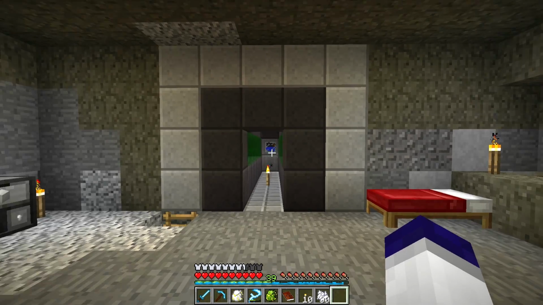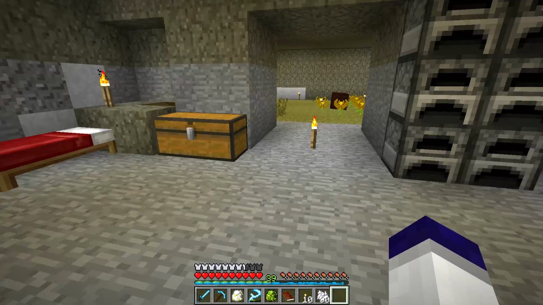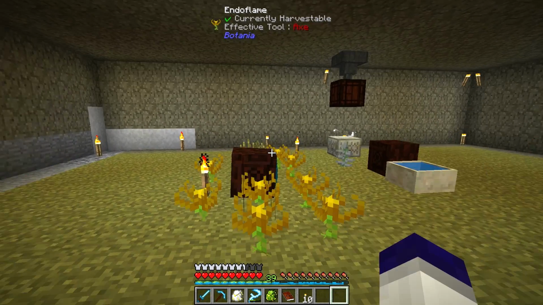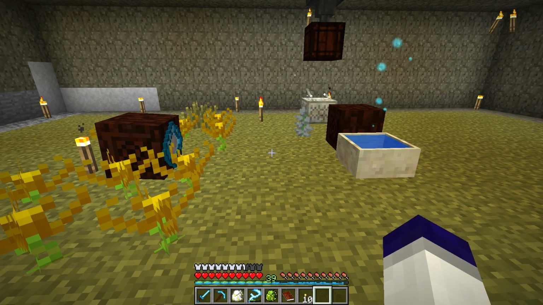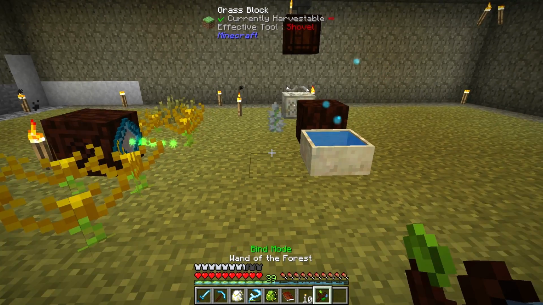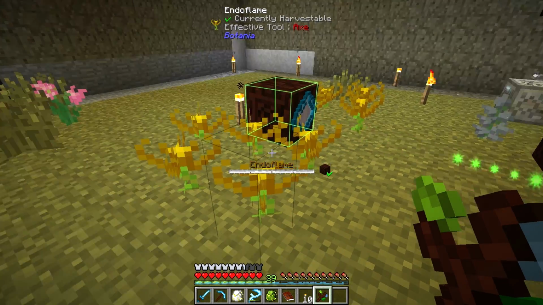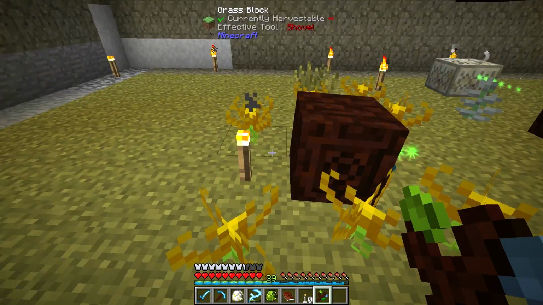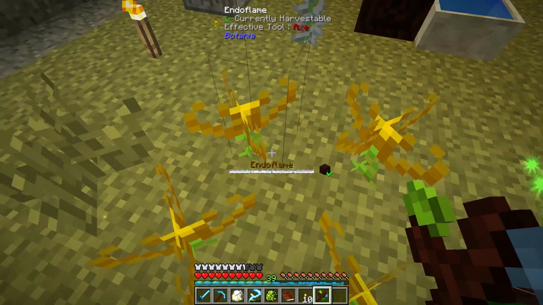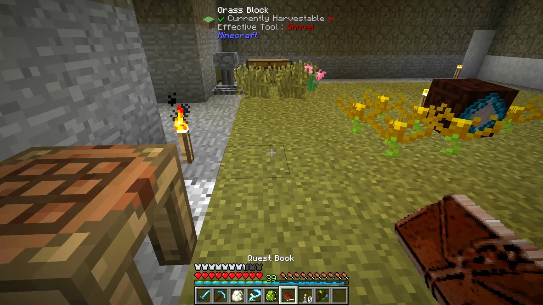I started doing some stuff, you'll see what that looks like once we get going here, but nothing too major. And now I need my wands, so let's pull that out. All right, and yeah, mana pool's full. My mana spreader's full, and some of these endoflames have something in them, or do they dissipate over time? It looks like they have a little bit in them, because the mana pool actually got full. That's pretty cool. But so now we need to work on getting some of these other seeds,